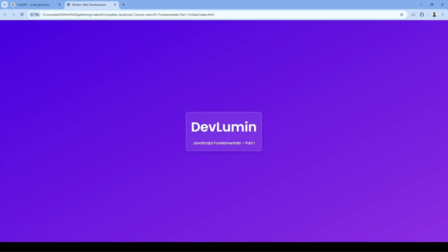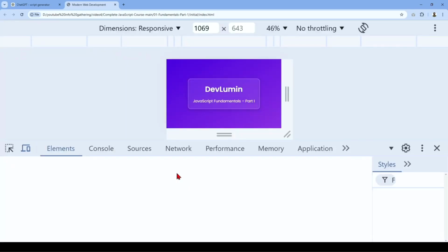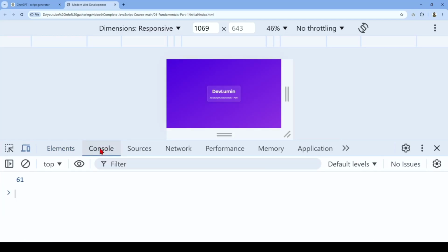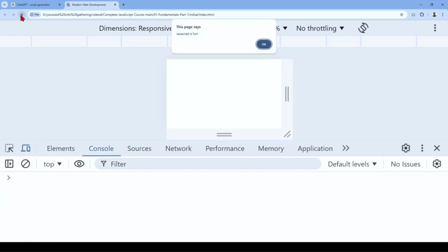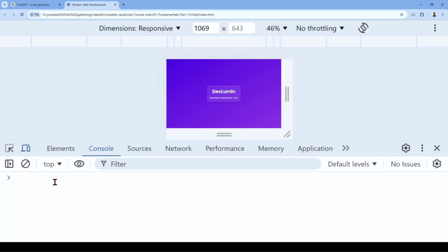Outputting results, the developer console. Very important topic. Access the console via the browser inspector tool to see JavaScript results. So what we have to do is just right click and inspect. Then we have to click on the console tab. Okay, reload it. So we have to perform a little calculation here like 40 plus 100 plus 20 plus 30. So a result will be shown to us: 190.